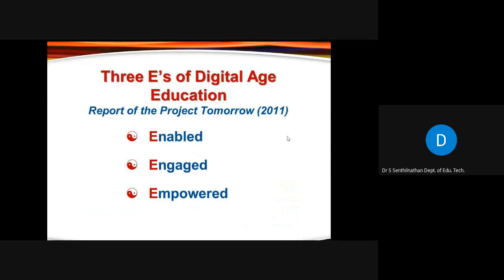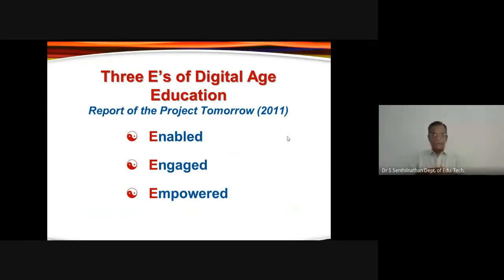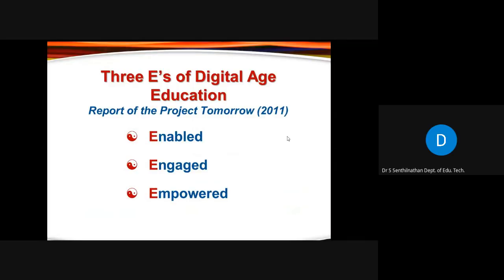But of all the things available, one of the important documents, in my view, is this report of a project by name Project Tomorrow, where the 3 E's of digital age education are elaborately discussed: how these digital technologies enable the process of learning, enable the disadvantaged learners, and how these technologies can have higher levels of engagement, keeping the human minds engaged, and how empowerment happens to all categories and all segments of learners, not only a particular set of people who are privileged to be in certain places, providing a kind of equality of educational opportunities.